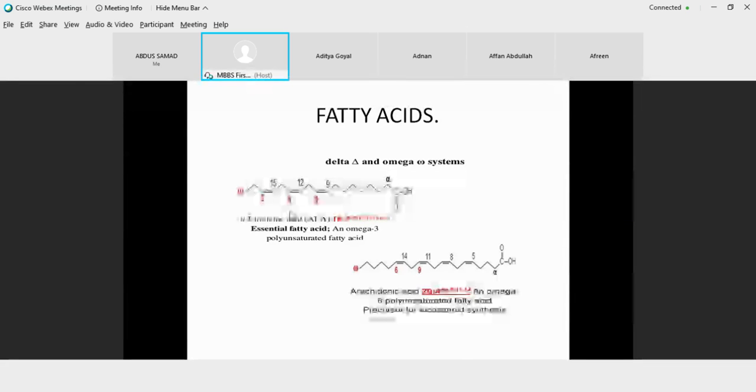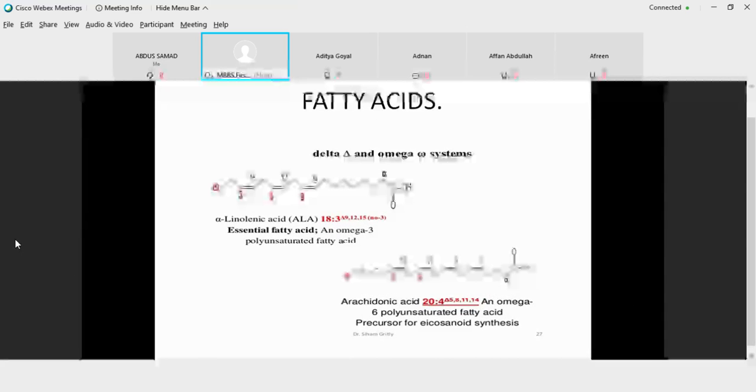So if you look at this structure, it has 18 carbons. There are 3 double bonds because it is linolenic acid. So 18:3 represents that the structure has 18 carbons. There are 3 double bonds, and the positions of these double bonds are delta 9. Delta 9 means between 9 and 10. So the first is 9 starting from the COOH group, because this is a delta naming system. So 9, then we have the bond starting from the 12th carbon and then the 15th. So if there are 3 double bonds, the positions are 9, 12 and 15.